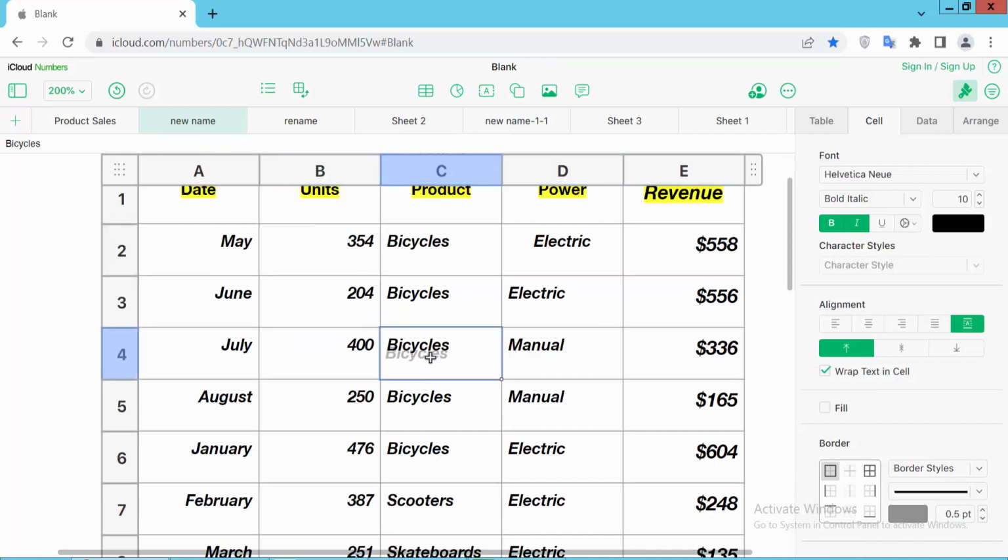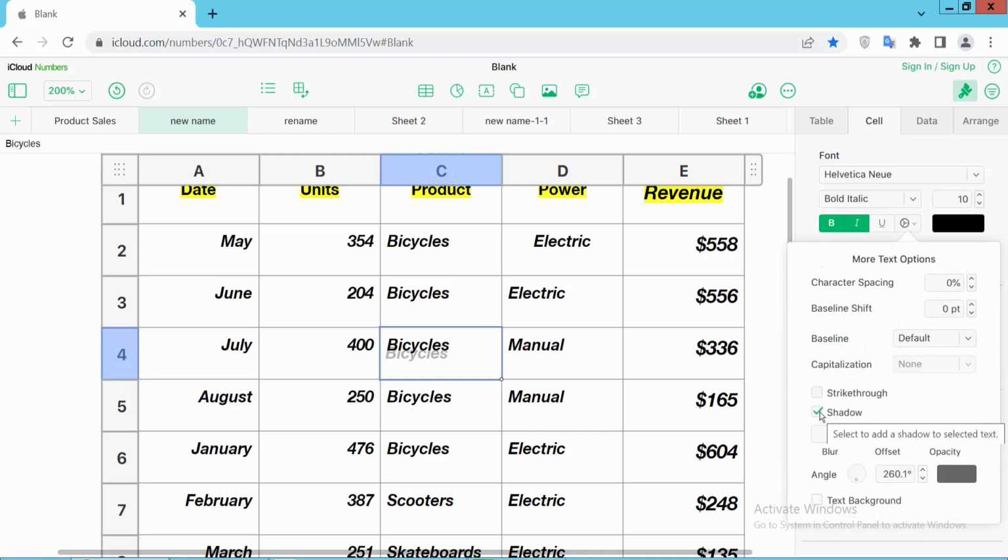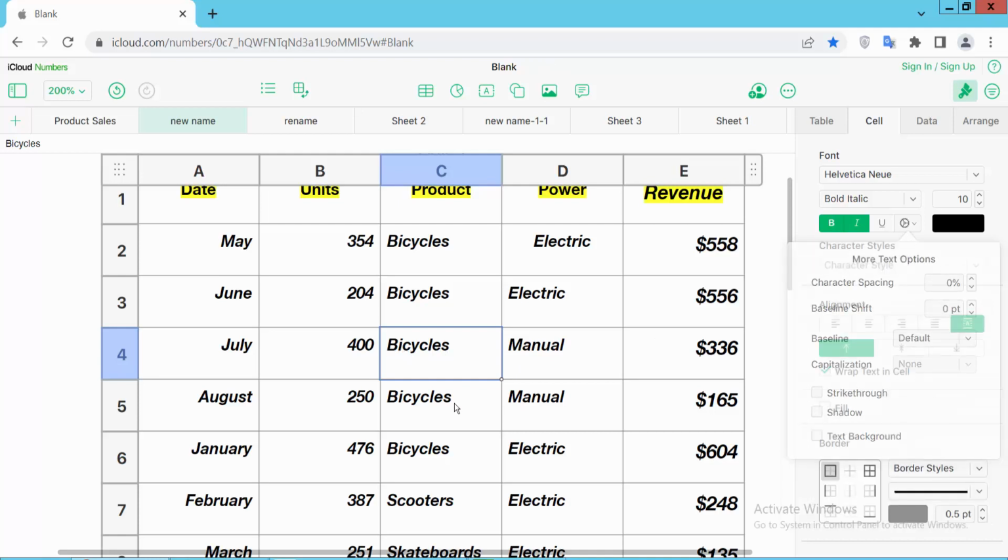Also remove this text drop shadow. Click here, now simply uncheck and see this. In this way you can remove all of this drop shadow for your